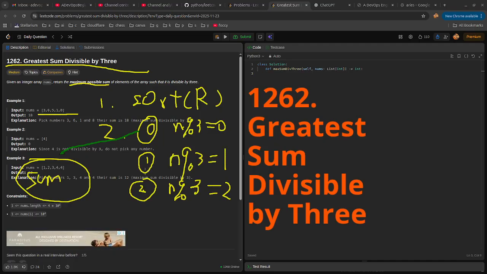But when it comes to group 1 and group 2, whenever there are 3 of them, it will be safe to add them into this total sum, because 1 times 3 is 3, 2 times 3 is 6. It will be safe to add into the sum, and the final result is still divisible by 3. Based on this, I'm going to have a queue, or 2 queues, one for group 1, one for group 2,